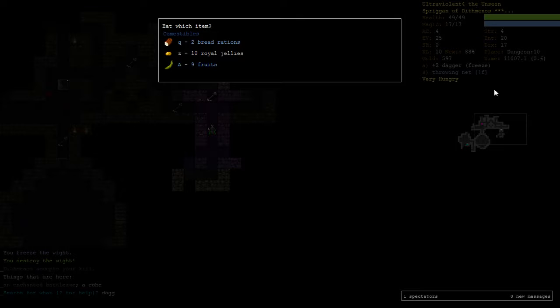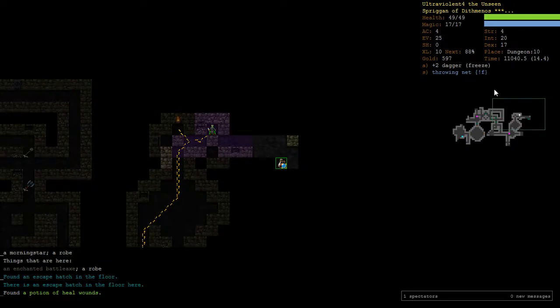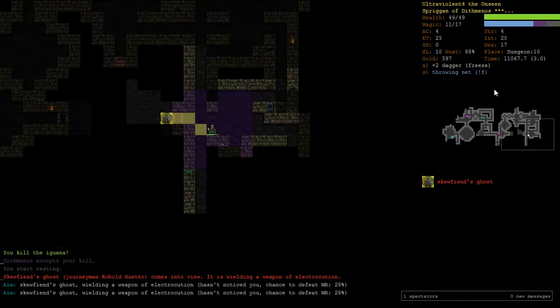Oh, we have 10 royal jellies. I didn't notice that. Must have been where the bees were. Okay, so we're never starving. Ooh. A weapon of electrocution, okay. I was a bit worried there because I thought it had a, whatchamacallit, a crossbow. So it's just gonna pelt us from range. This guy,